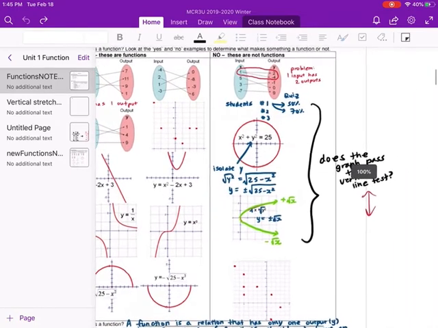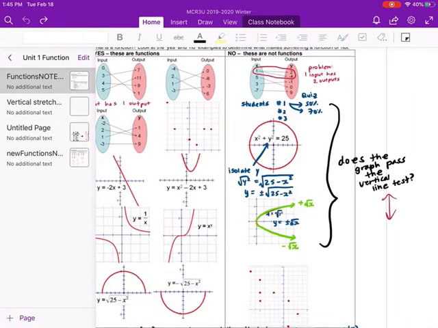But on the right, these are not functions. So the problem is that one input has two outputs. When I have an input of x equals 1, I have two different outputs, 2 and -4. For student number 1, they have two quiz values, 50 and 70. And that's a problem. And for x squared plus y squared equals 25, well, what happens is when you isolate